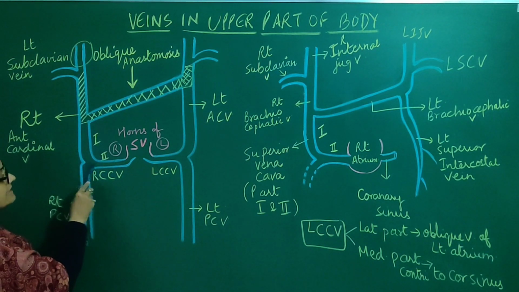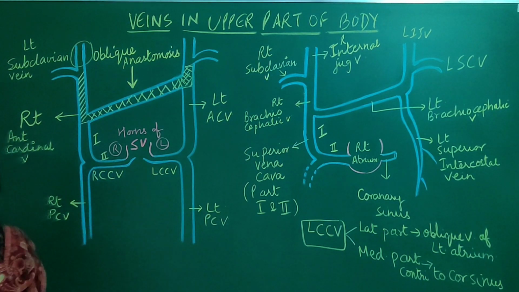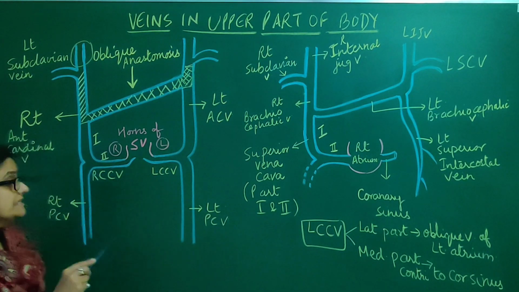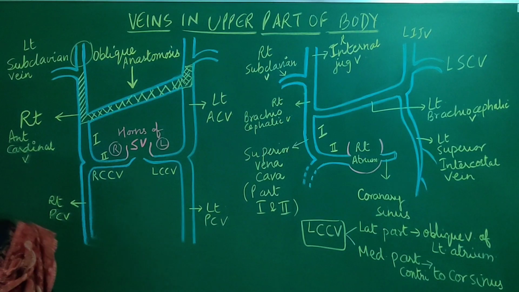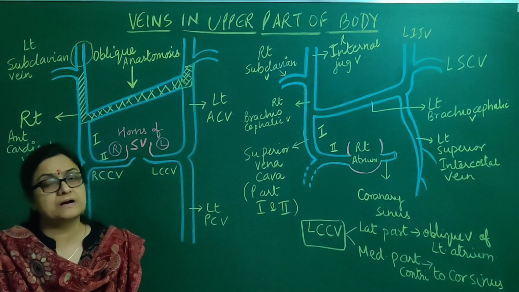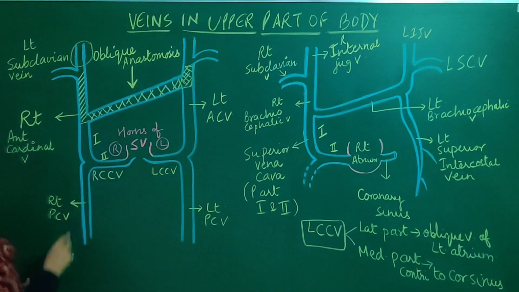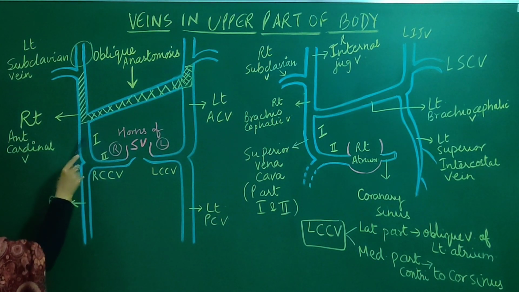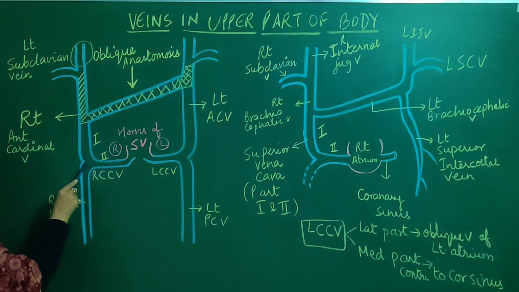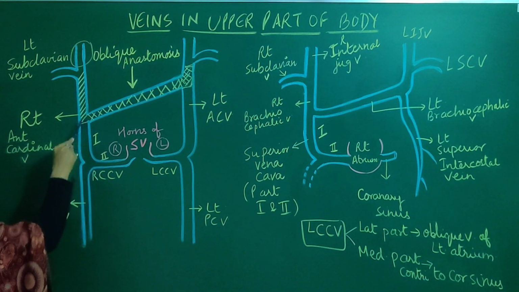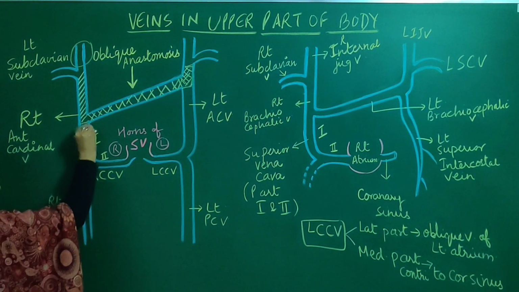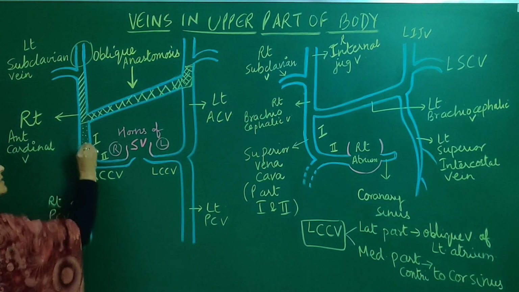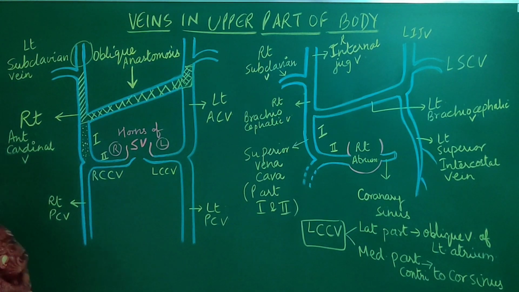From this area as well as this area will develop the superior vena cava. So that is why I have written part 1 and part 2. Developmentally we can say that the superior vena cava develops in two parts. Part 1 is coming from the right anterior cardinal vein lying caudal to this oblique anastomosis. So we can say this dotted part, the one which is caudal to the oblique anastomosis, will form